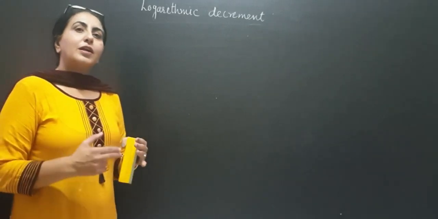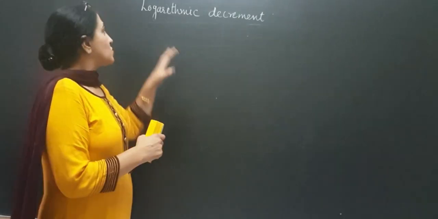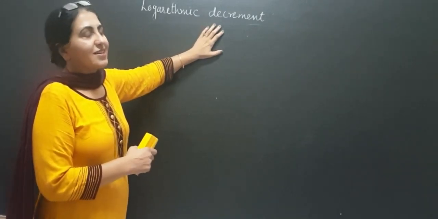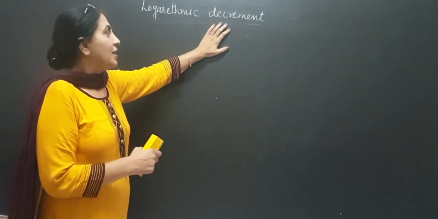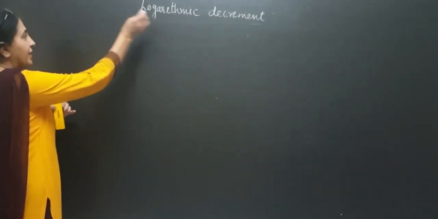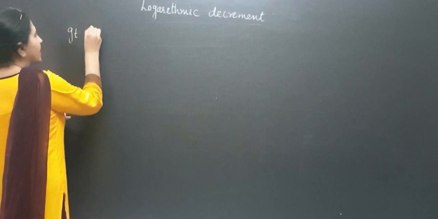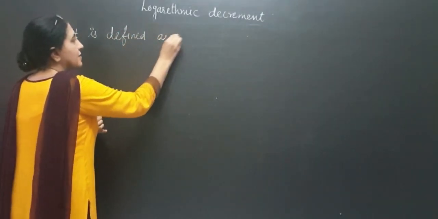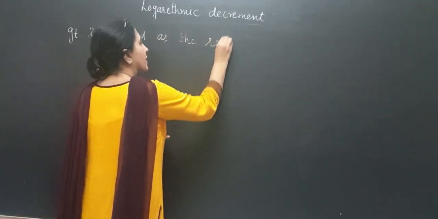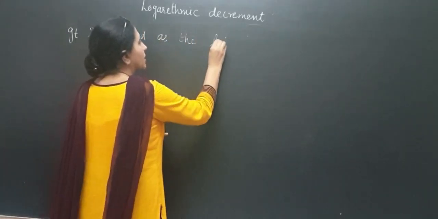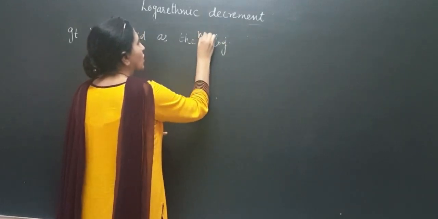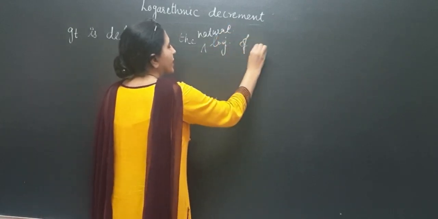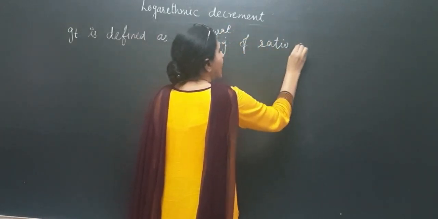First of all, what is logarithmic decrement? Logarithmic means we have to take the log. Decrement means decrease, here the decrease in amplitude. So logarithmic decrement is defined as the natural log of the ratio of amplitude